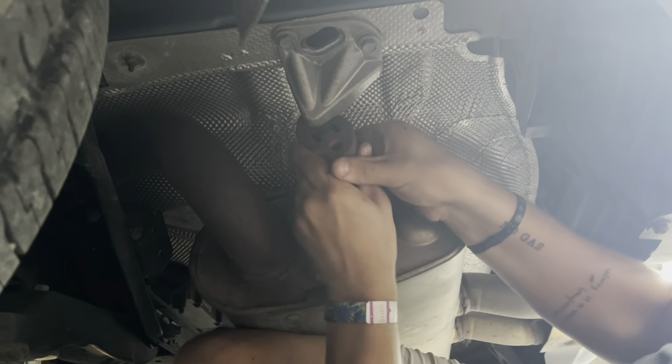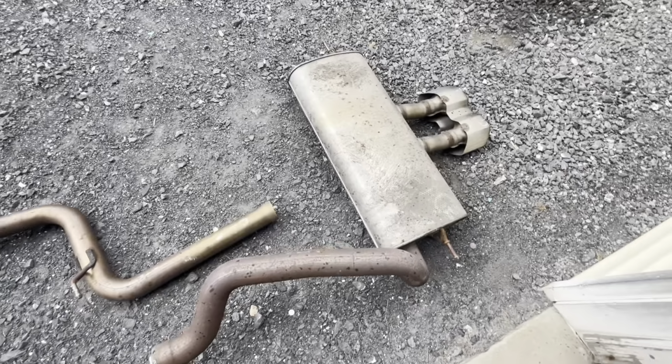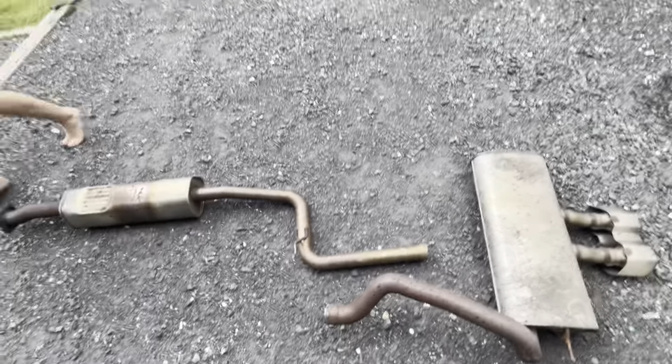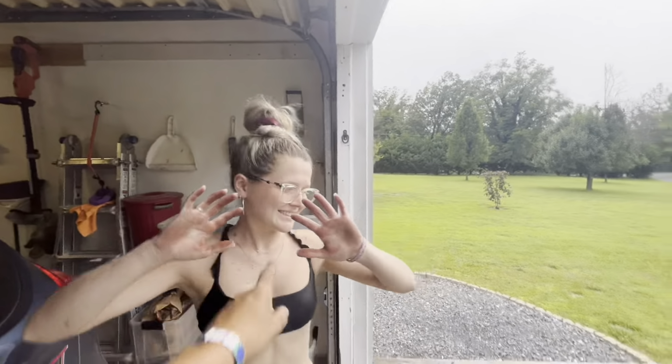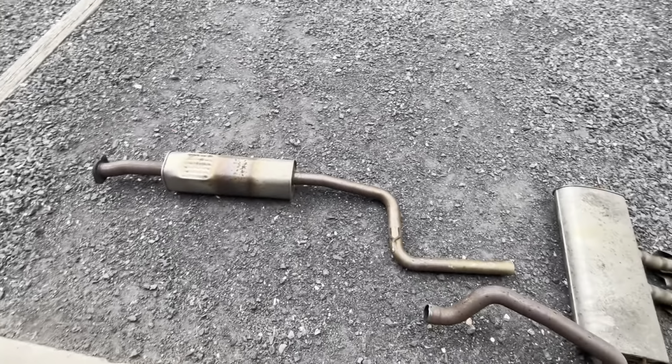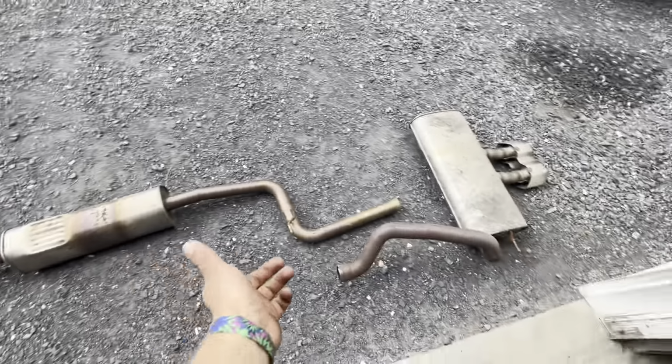Got the exhaust out. You do have to cut it right here and then fish it out. I just used the angle grinder and we got it cut out. Muffler is a little tricky to fish out, but you just gotta wiggle it. Two people definitely helped, like the awesome girlfriend. Yeah, so this is out. Gonna work on the front downpipe then, and then put this one on. So yeah, I hope this came with hardware, the exhaust,